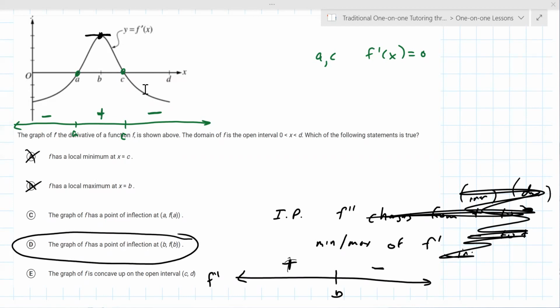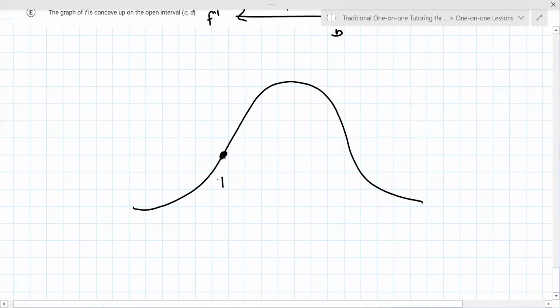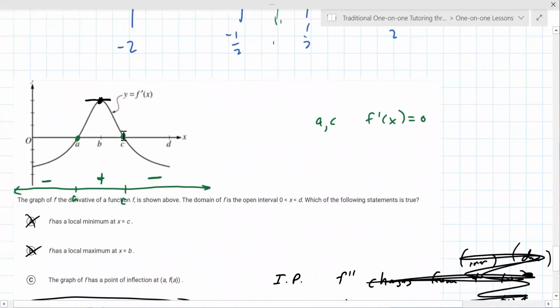If we're given the graph of f, you would have to visually, let's say I gave you this as your graph of f. There's an inflection point right there and an inflection point right there, because you can see that one holds water, that one does not. But how do you go from them giving you the graph of F prime and then knowing all that? Do you just interpret it as if it's F? No, you know that because